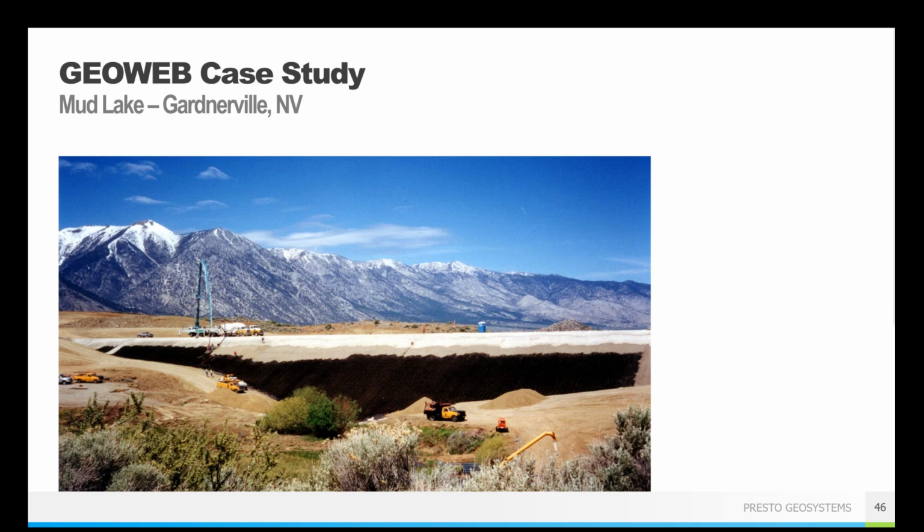And in this case, the GeoWeb alternative cost was about $10 a square foot installed. So they were able to save over $500,000 on this 90,000 square foot project. So about a 40% savings rate compared to a traditional concrete reinforced slope solution. So a great way to save a lot of money in this case. They were able to do a lot more work pre-slope, able to do the concrete installation over a longer period of time. You can see it's quite remote, so they were able to have a little more flexibility in their installation times, which is always a great thing.